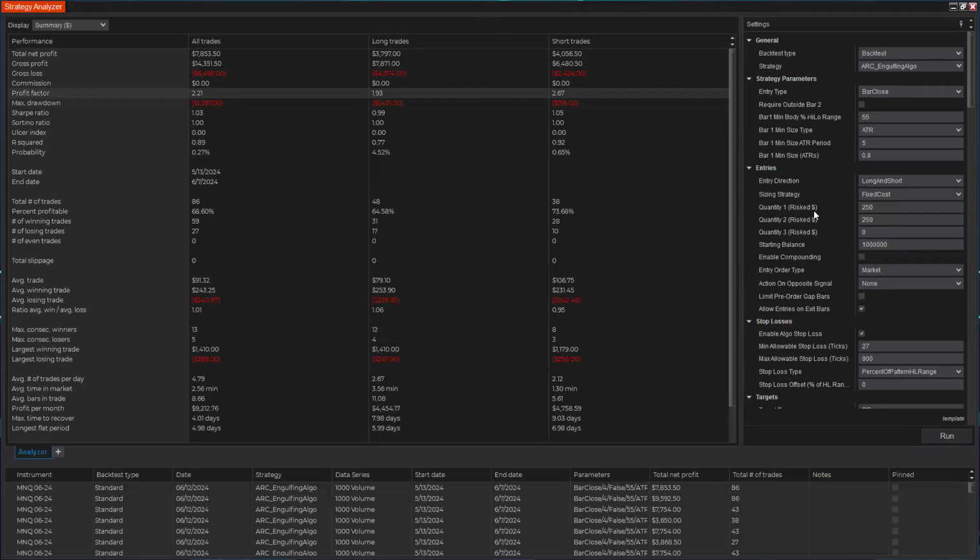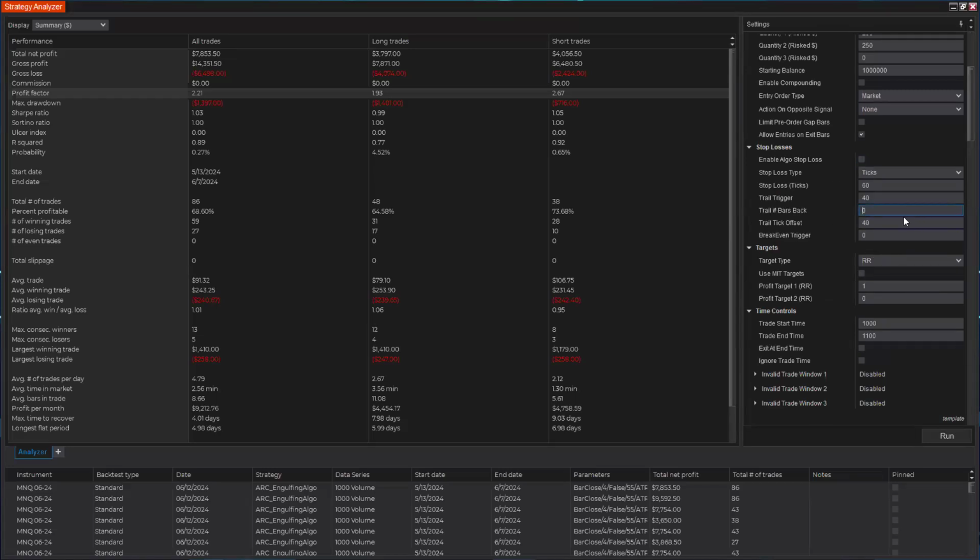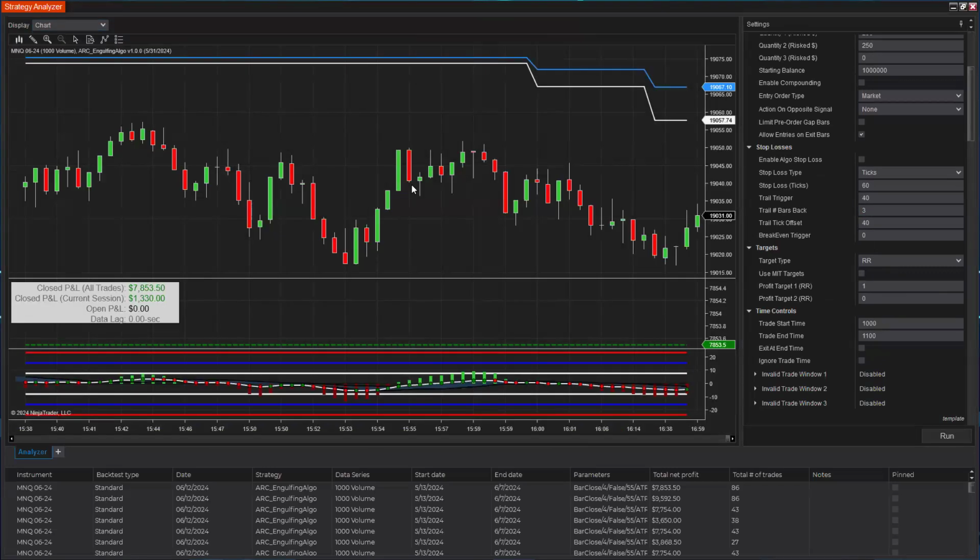So you can trail by the number of bars as well. Yeah, can trail by bars. Yep, when trailing the stop, it's trailing by ticks right now. Alternatively, you can set it to trail by the number of bars back. So let's say if you had to trail 3 bars back, what it's going to do in that case is,